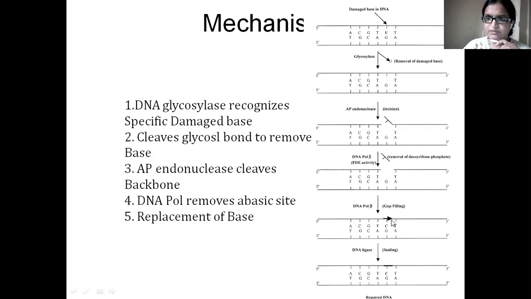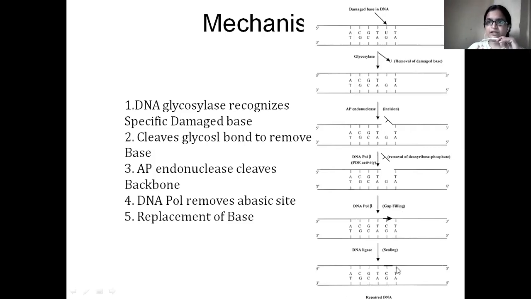That gap will be filled by DNA pol 1 or DNA polymerase 1, and then when the gap is filled, the correct base will be inserted opposite guanine. Later, the phosphodiester bond between cytosine and thymine nucleotides will be synthesized by DNA ligase, thus sealing the daughter